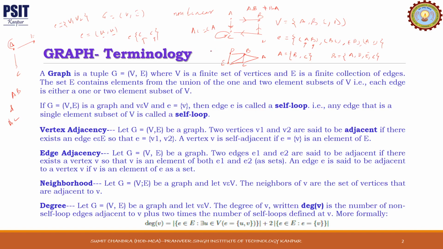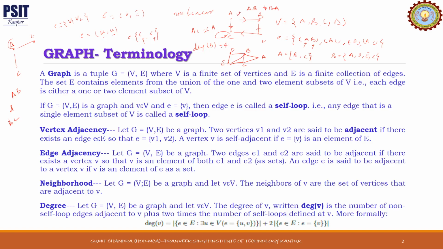Now the degree of a vertex is basically the number of edges that contain that vertex in case of an undirected graph. If we see this graph and look at B, the degree of vertex B is the number of edges where B is contained. So 1 edge, 2 edges, 3 edges and 4 edges. So the degree of B is equal to 4.